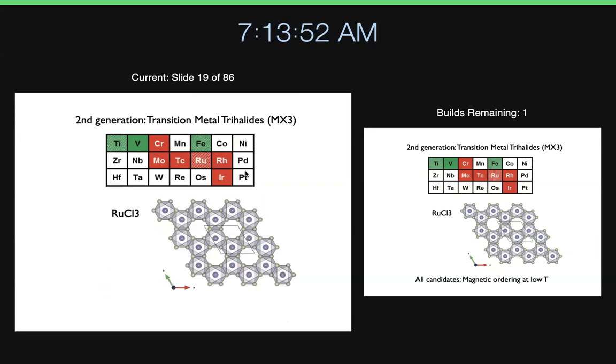And later on, a second generation popped out, and that's the transition metal trihalide. So it's an MX3 here. We begin with ruthenium, and I'll tell you later why ruthenium is the best candidate and where that idea comes from. So ruthenium trichloride, which comes with layers of honeycombs, and the layer stacking becomes rather important in terms of understanding the material itself. So here's a ruthenium which is surrounded by the chlorines. And since we don't have that alkali metal in between the layers, these are van der Waals materials. It's very easy to clip, but that generates a lot of complications.